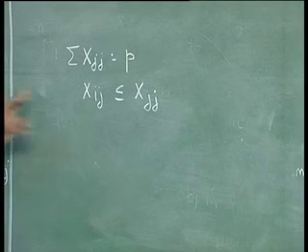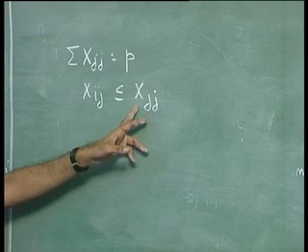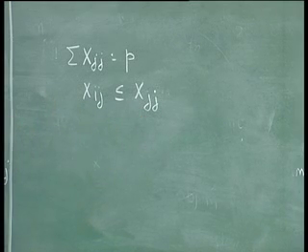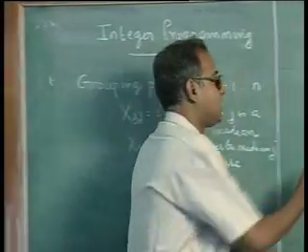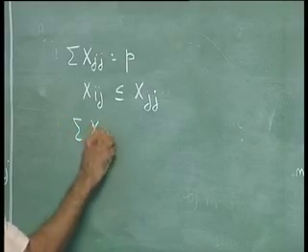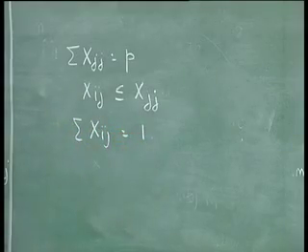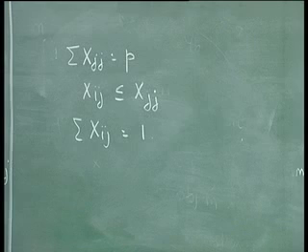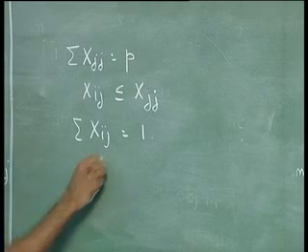So xij less than or equal to xjj would imply that any point that is not a median can only be clustered around a median, and sigma xij equal to 1 implies that any i that is not a median can go to only one cluster, and then your xij is 0 or 1,